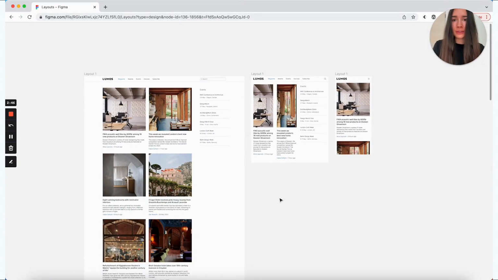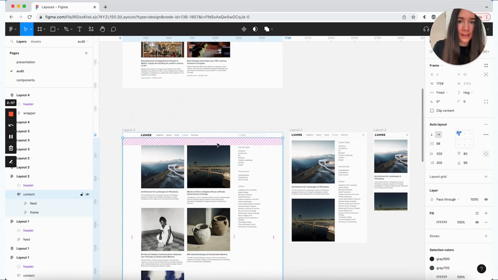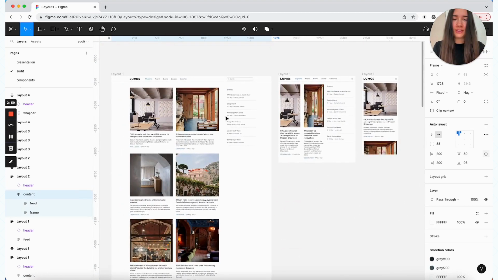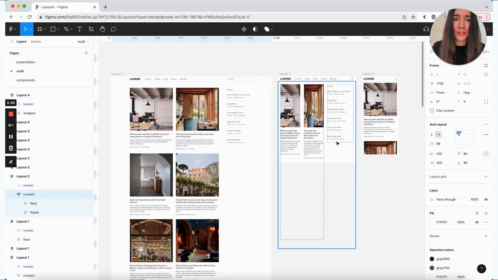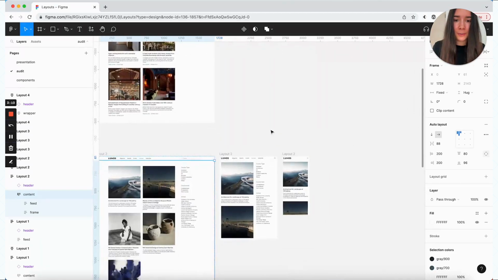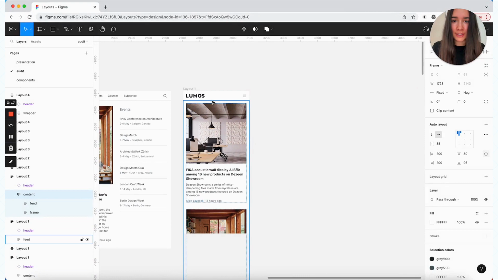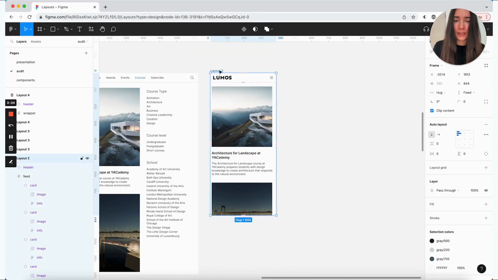If we inspect this closely, we can tell that there are some differences with the margins. For example, this one has the top of 64. This one has 80. So this could be one of those design trade-offs where we can decide that it's going to be 64. Then another thing is we have this awkward layout here, but we want it to look something more like this. And then we might have some visual differences in the mobile view. We would also want to make this the same.